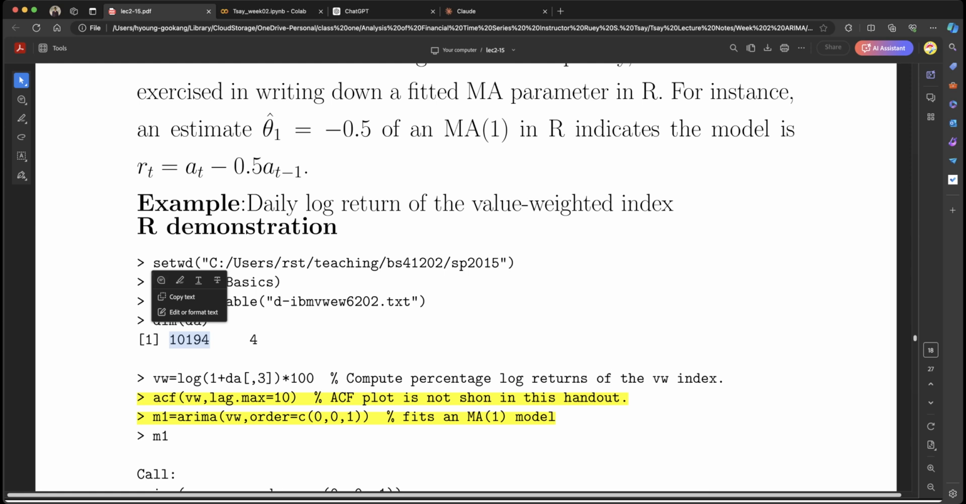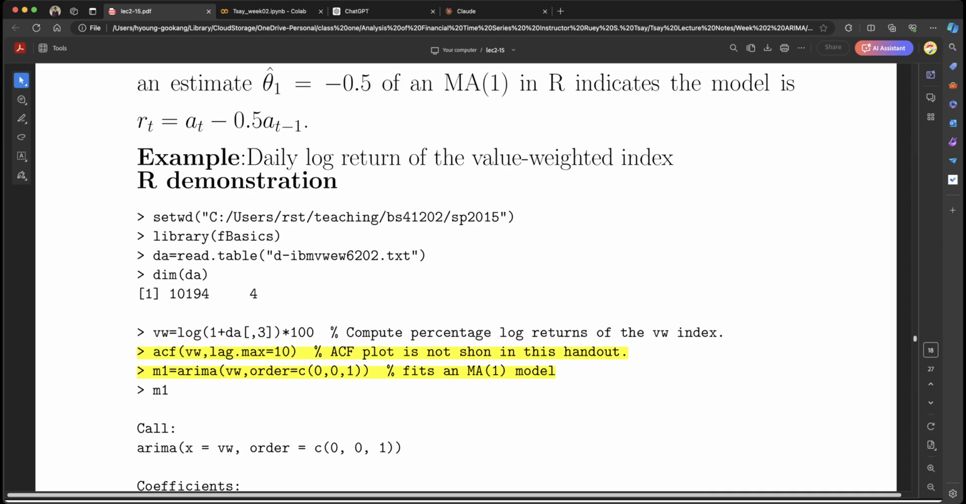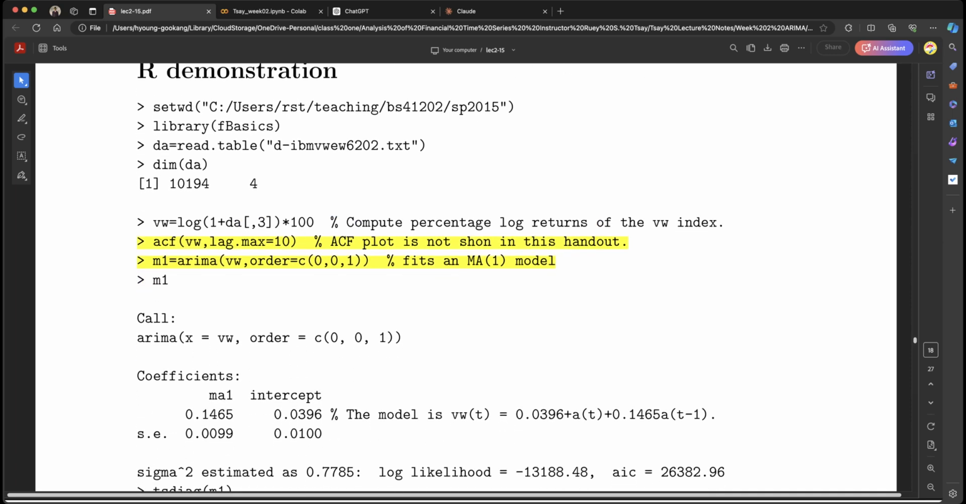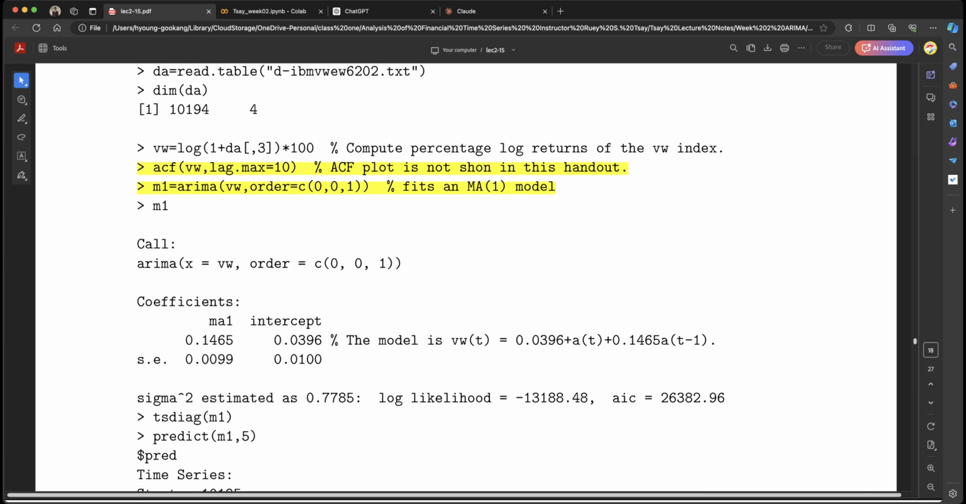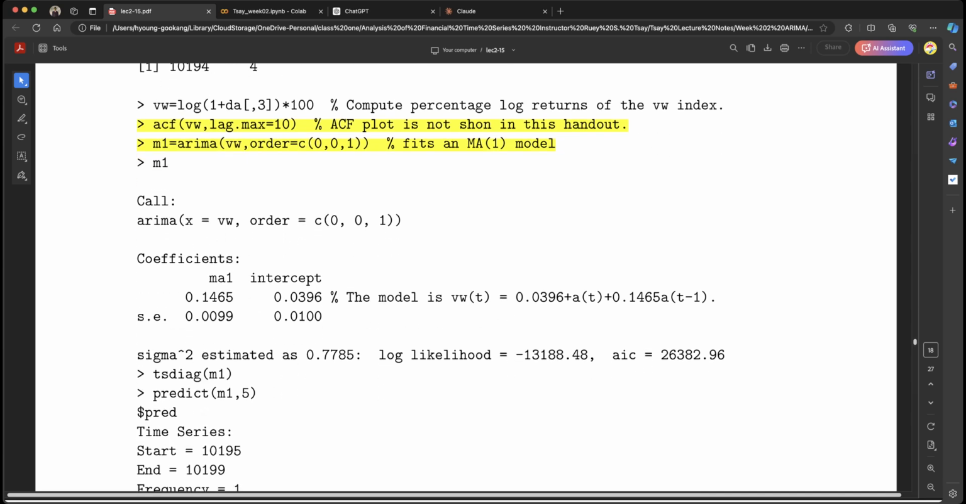Okay, and then we compute the percentage log return of the third index, and we generate the autocorrelation function with max lag 10. Then M1 is an ARIMA model with order 0, 0, 1. Okay, fit this MA(1) model in R. So the MA1 fit looks something like this, with the intercept and then the MA1 parameter. Okay, the sigma squared estimate is